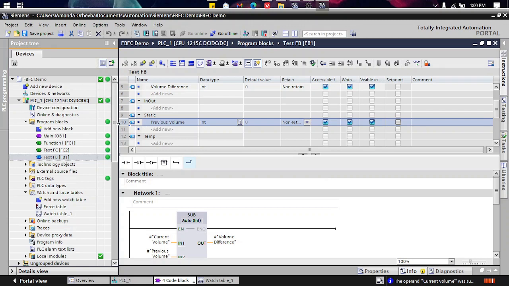Basically, defining a parameter under static just tells us that whatever is going to be here is not going to be affected by the user input, meaning the user is not going to be able to edit this value, and it's whatever goes on in the function block that's going to be affecting this value. However, the value in here should be saved at the end of every cycle. This saves to a DB, a data block, and if you ever need to call the value in previous volume again, you can always access it